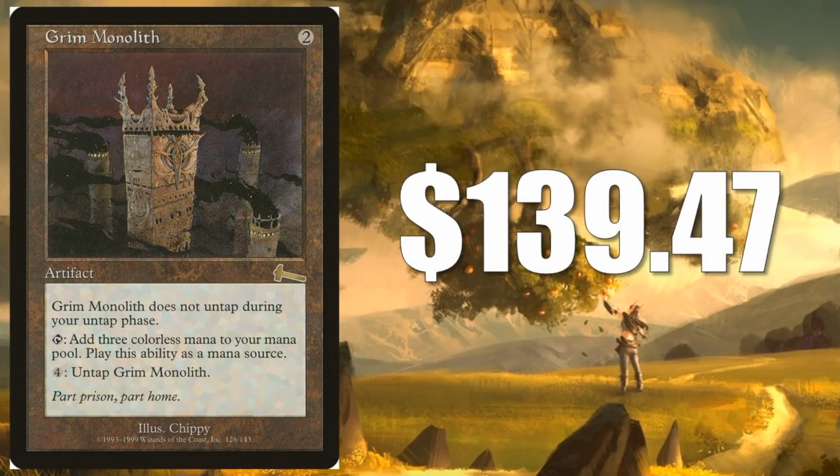Okay, now this one's on the reserve list. This is a high roller card here, Grim Monolith at $139.47. So, you know this isn't going to be reprinted. Reserve list cards that see a lot of play, that are hard to find in good condition. No huge observation here that they're going to gain value over time, but this is one that could potentially gain